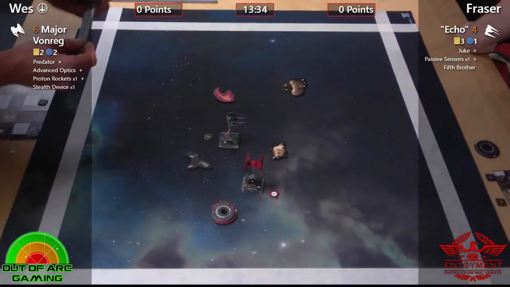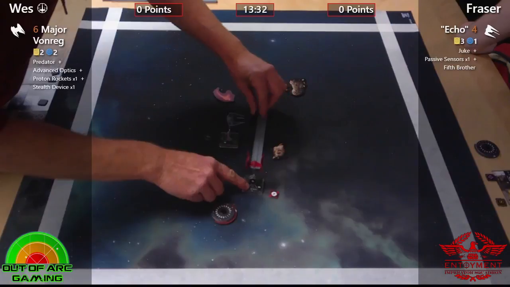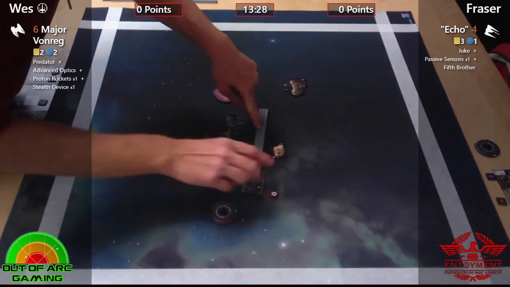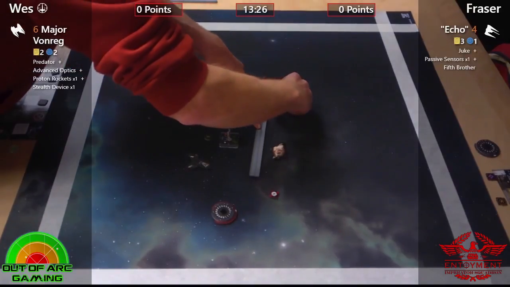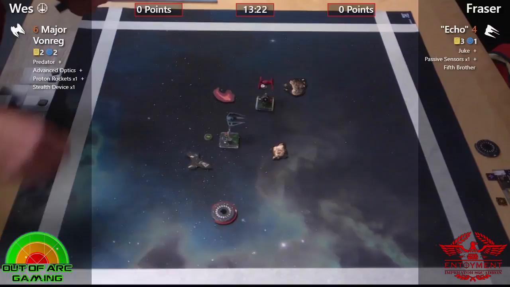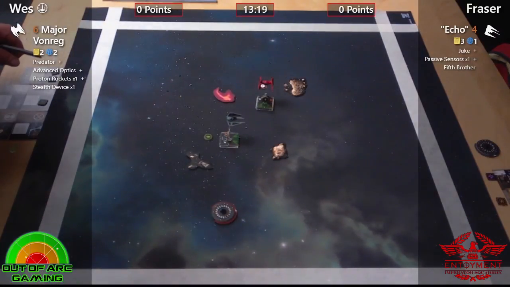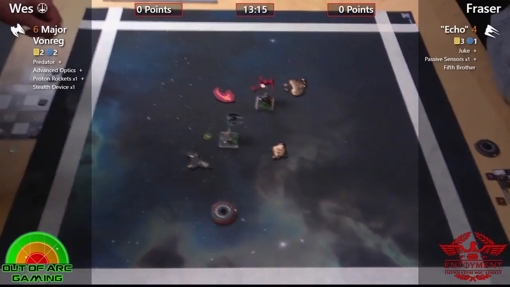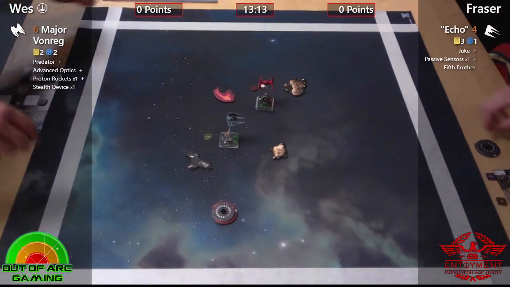What we do have is something of a... Oh, it's straight. That might be a K-turn. Oh, winner. Yes, it is. That is beautiful. And that actually is a little bit of a kick there for Fraser, because if he hadn't barrel rolled, that would have been range 1. So that is definitely